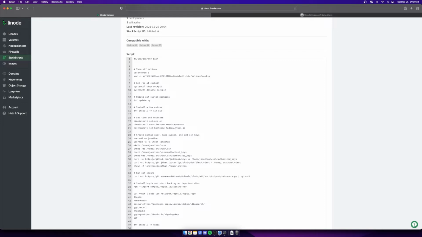The one thing I'll note here is I am pulling my SSH keys from GitHub. This is another one that's security-wise possibly not the best method. I'm assuming that when I type in github.com on my Linode, I actually get to what we know as GitHub. And since I don't own or control the DNS here, that is an assumption. I'm also assuming that both my GitHub account and GitHub in general were not compromised in any way. So, if that were the case, I could be pulling some random keys and adding them to the authorized keys